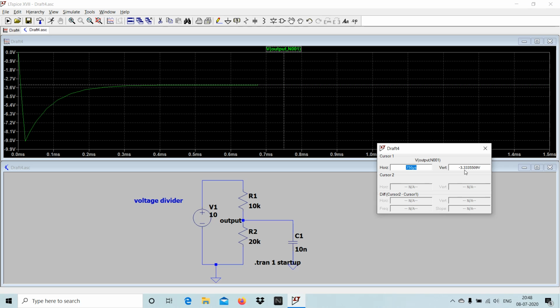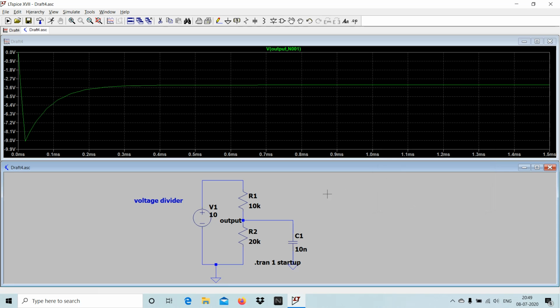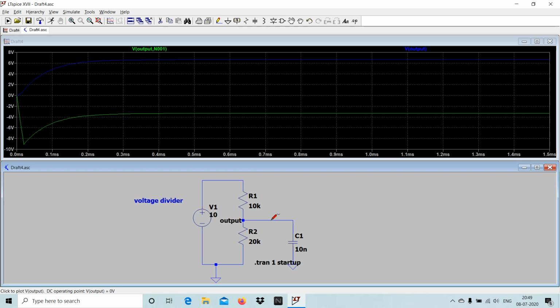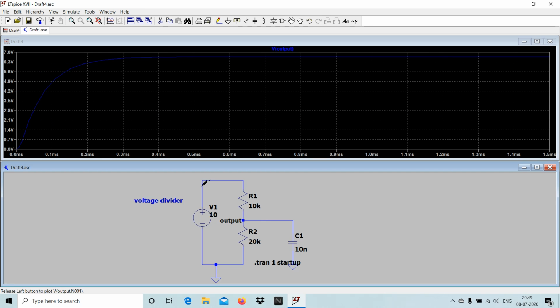Likewise for your circuit, if you are using any transistor or any operational amplifier and want to find the potential difference, you can easily find it. It's very simple. You have to keep this marker over here, press the control key, drag it and fix it on another node. That's it. You will get that value. So I hope you got this idea.